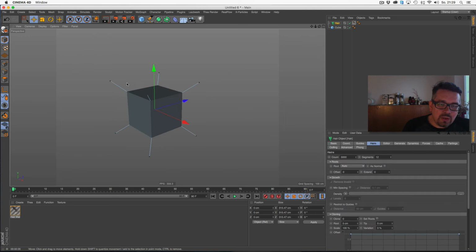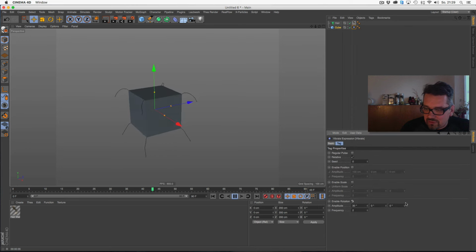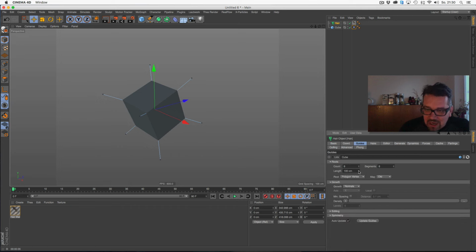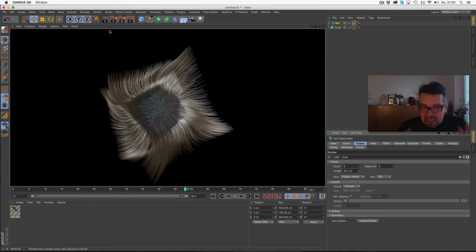Simulation hair, like this, and we're shaking a bit again with the vibration tag, like this. A bit slower. This is interesting because in this case I'd like to have longer hairs, and this means I set the guides a bit longer. Now we can use it as hair, but you can do so much more.